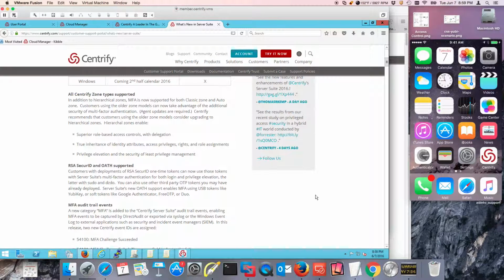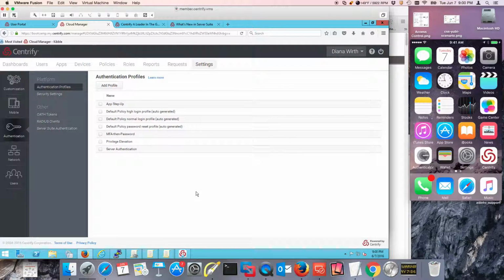All right, so let's talk about the new features for Centrify Server Suite 2016 that relate to MFA. So really important, added support for auth OTP. This means that your Google Authenticator, your FreeOTP, your YubiKey, or any Duo, any auth-based token is going to be supported. And basically, what you need to do on the Centrify Identity Service side,